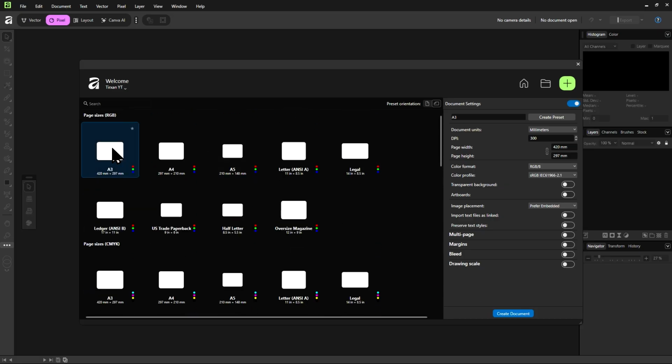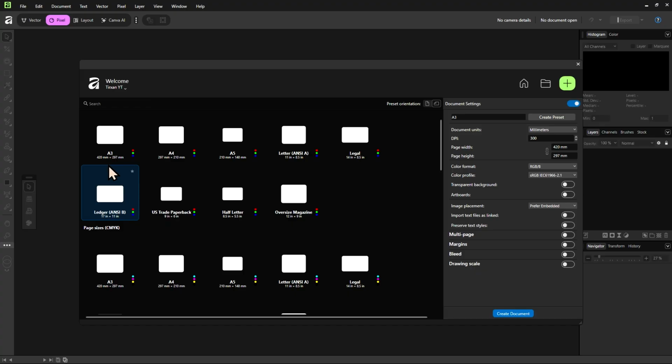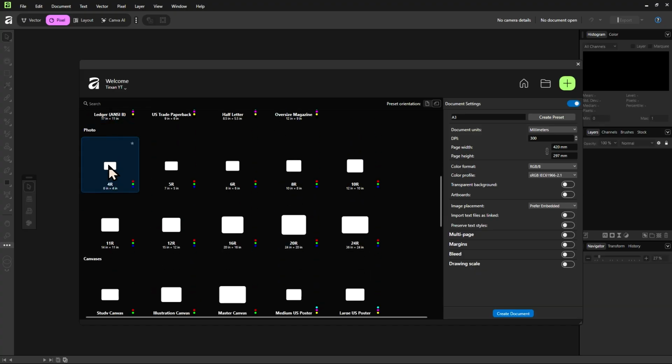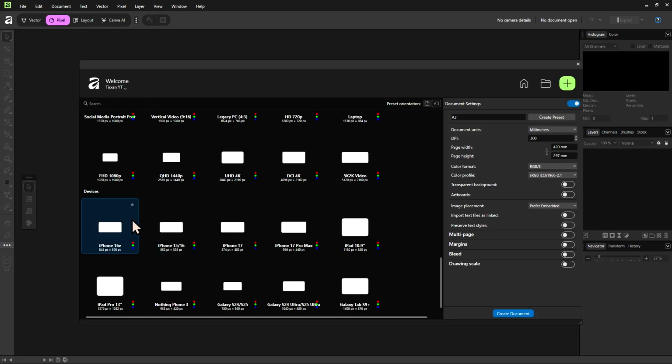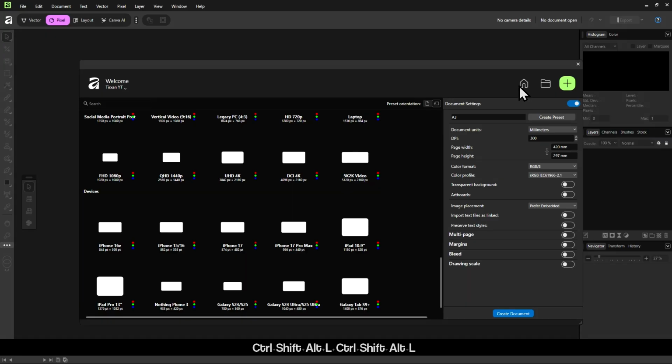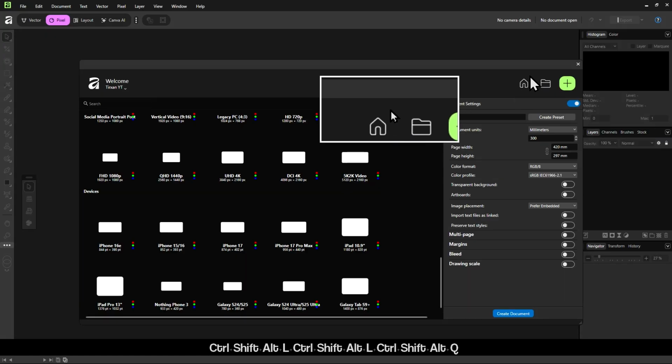From page sizes like the A3, A4, A5, the photo sizes, video and web sizes, and more. And if you want to return to the earlier screen, you can click on this home icon in here.